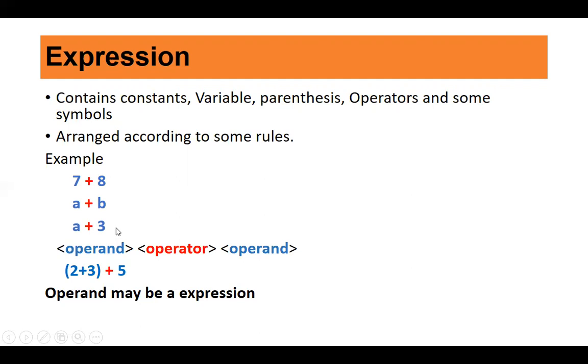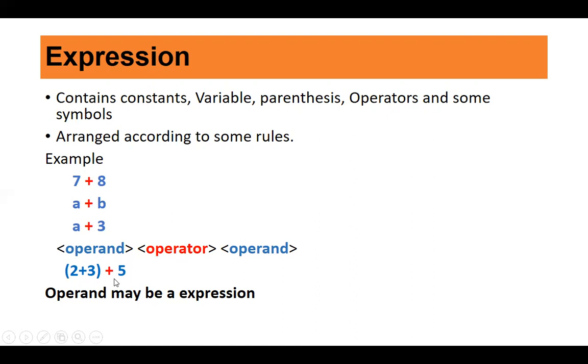The operator can be unary, which requires only one operand. Operators might require three operands, that is a ternary operator. So here we are talking about binary operators, right? The examples we'll be talking about will be based on binary operators. And this way of representing an expression, these expressions are called infix expressions. In case of an infix expression, you have operand, operator, and operand. This is the structure an expression has. So this operand may be again an expression, right?